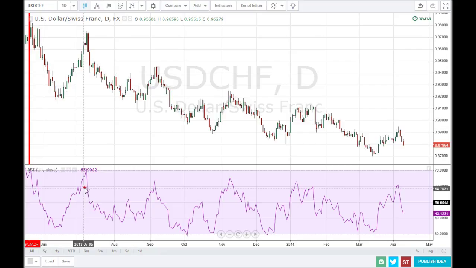So if we're coming from above 50 and move below 50, that's a signal that price could fall on the downside, and let's mark that here, and you'll see that price does